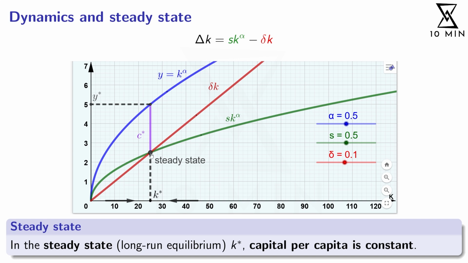And this continues forever. So long story short, you converge to this point where the savings investment per person and the depreciation per person intersect, where both are equally large, and then you don't move any further. The same works from the other side. If for whatever reason your initial capital per worker exceeds this steady state level of capital per worker, which we call k star, then your depreciation is higher than the actual investment into new capital, so your capital shrinks, and once again you move to the left until you reach the steady state.